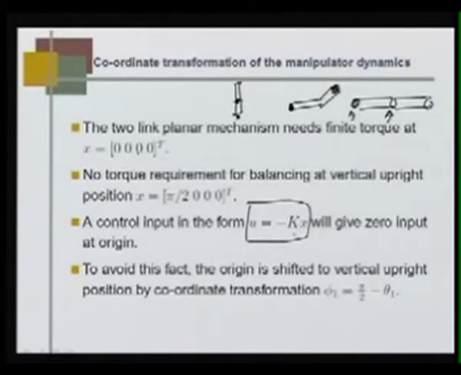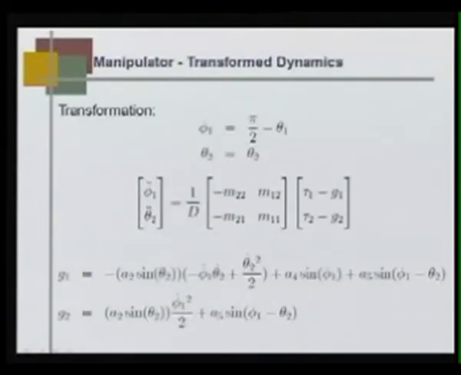To do that, the origin is shifted to the vertical upright position by the coordinate transformation phi 1 equal to pi by 2 minus theta 1. So, theta 1 has been transformed to phi 1 by pi by 2, and we make this the origin. So now this is reversed. Doing that transformation,